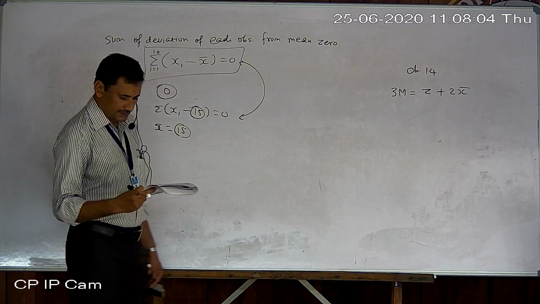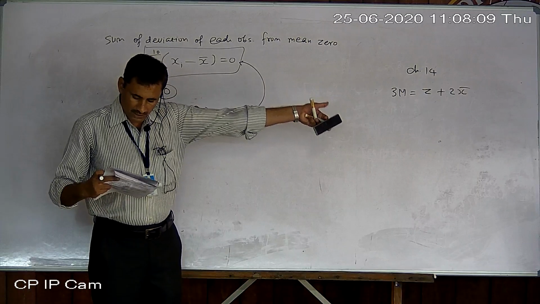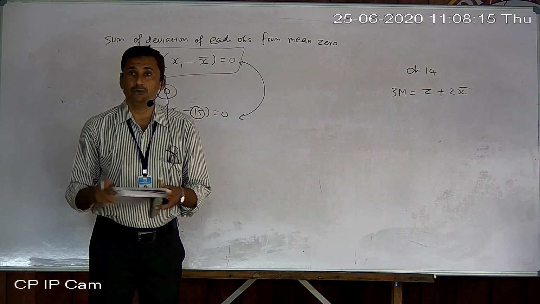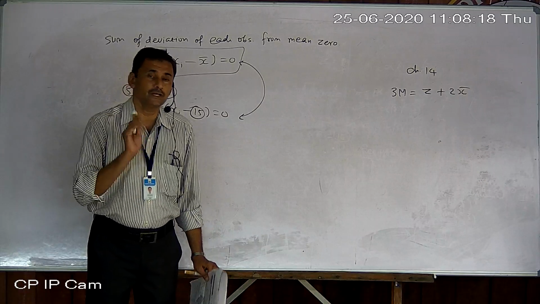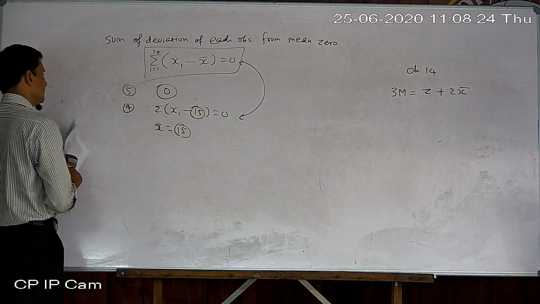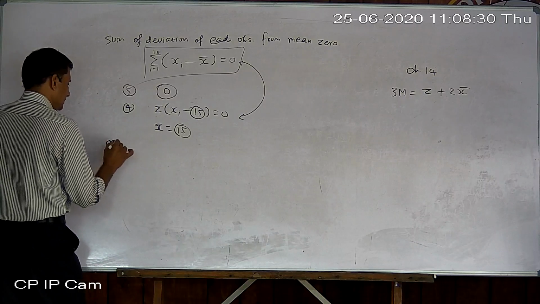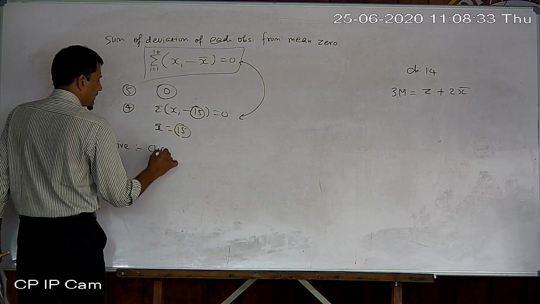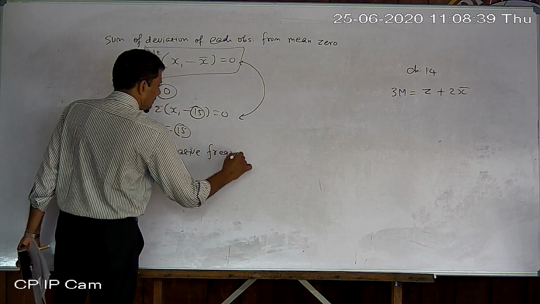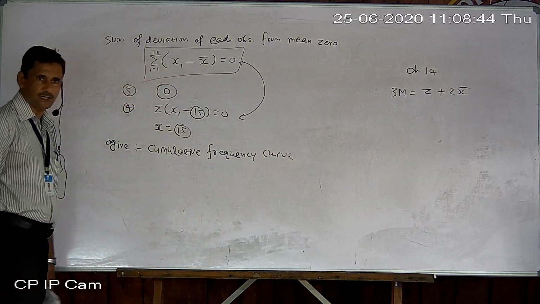Write the names of all three methods for finding mean. You know. Give the formula which relates mean, median and mode. That is the empirical formula. Which measure of central tendency is found graphically? Median. Only median can be found graphically, by drawing a graph. What is ogive? Ogive is one type of cumulative frequency curve. We will discuss it later on when school reopens. Okay. So ogive is nothing but a cumulative frequency curve. Okay, and we will also draw this type of graph. Okay, but now it is not possible at home.